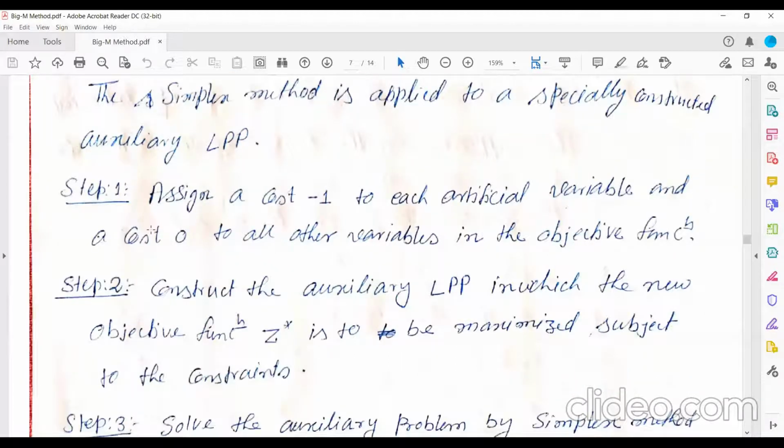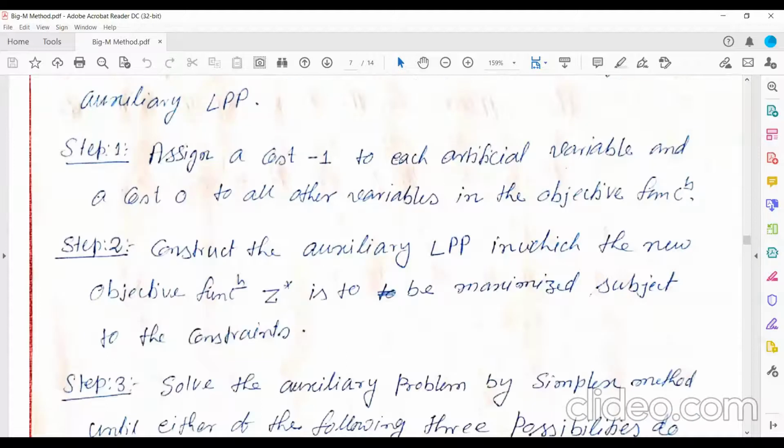In step 1, assign a cost -1 to each artificial variable, and a cost 0 to all other variables in the objective function.